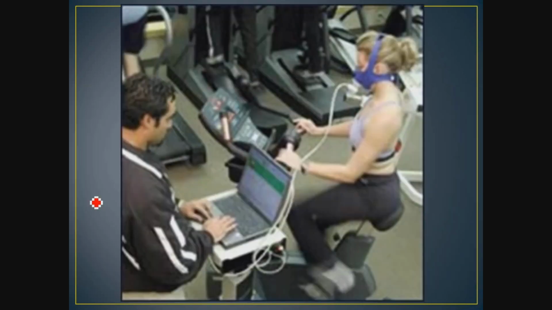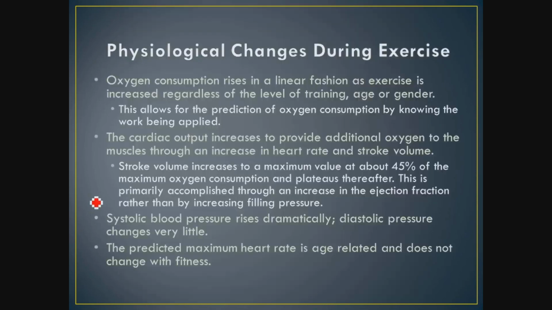Here's what the system would look like. We have this young lady with this ugly looking mask on, but it's sampling the amount of oxygen and CO2 that she's breathing in and out, and she's on a bike ergometer, instead of a treadmill, basically changing the ease of pedaling, to change the amount of work. And all that data is captured on a computer, and it does all the calculations for us, which is a good thing. Now what you should see